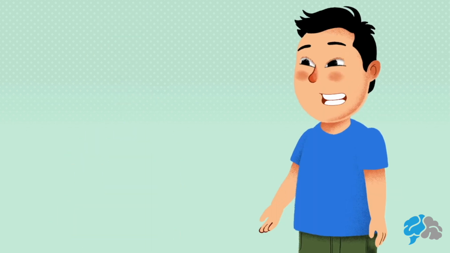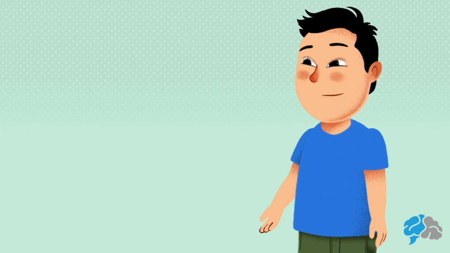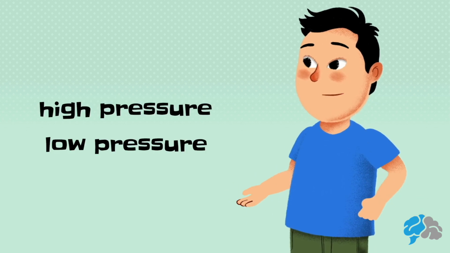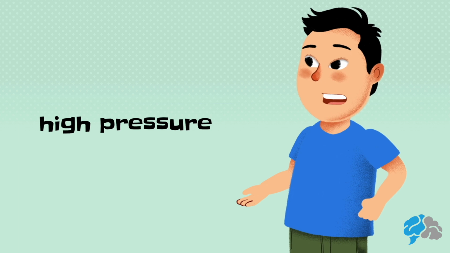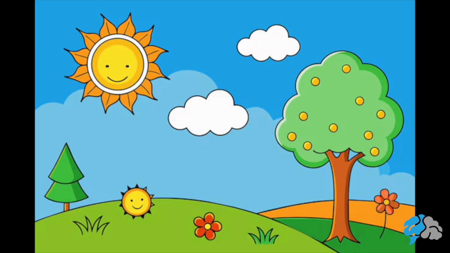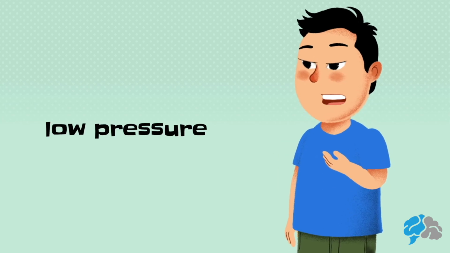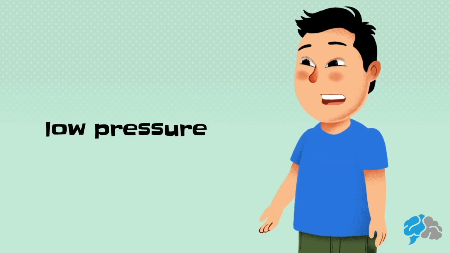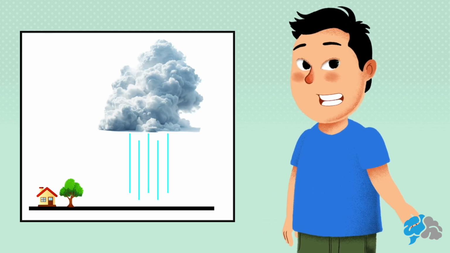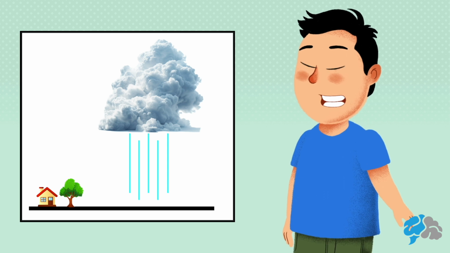Changes in air pressure can mean changes in the weather. There are two main kinds of weather systems: high pressure and low pressure. A high pressure system has higher pressure at its center compared to areas around it, and it usually brings calm weather and sunny skies. On the other hand, a low pressure system has lower pressure at its center compared to areas around it. Air blows in toward the system's center, causing the air to rise. This causes clouds, rain, and in the winter, snow.